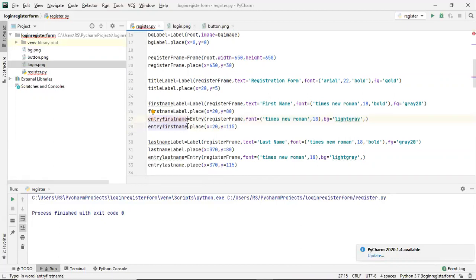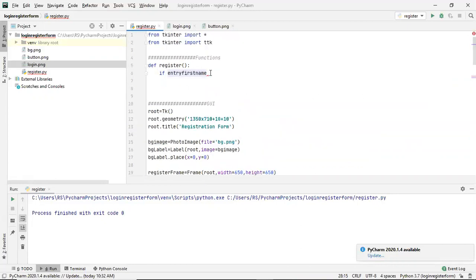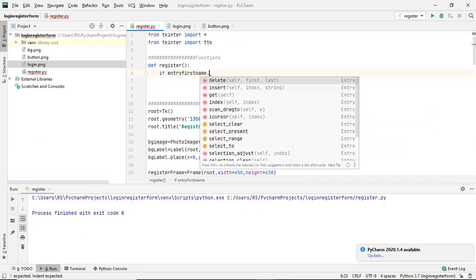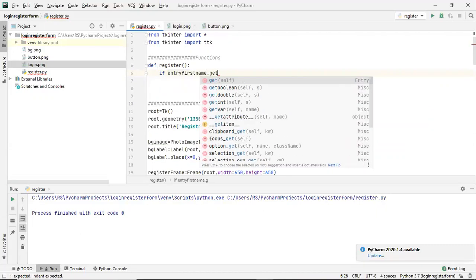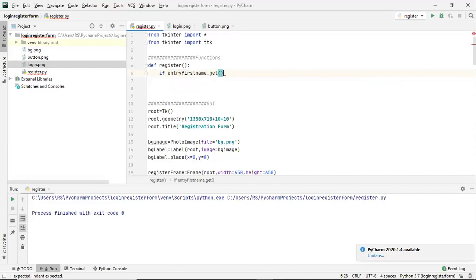With the help of this, we will check whether anything is entered inside this entry field. How will we check? We write the object name entry first name, then dot, and then the get method of the Entry class. This get will simply take everything you write in that entry field. If you write hello there, the get method will take that hello and return hello. If you print this line, you'll get hello.